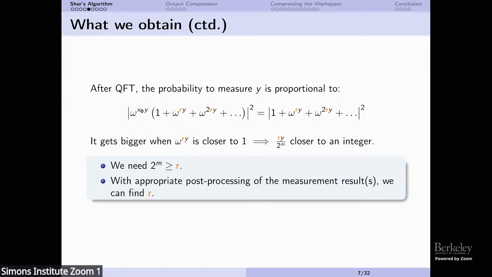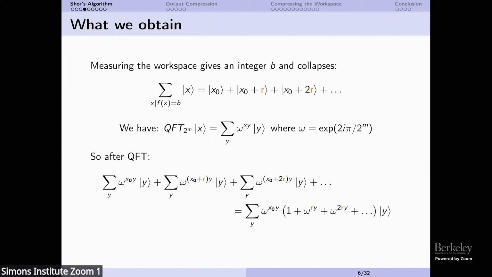The amplitude gets bigger when you're closer to 1, and this means in this particular case, this value here is closer to an integer. So I didn't say it, but the input register M here is up to you. The only constraint is that it has, of course, to be bigger than the period. Otherwise, you won't have this nice wrapping up where you start having multiple values that will interfere with each other.